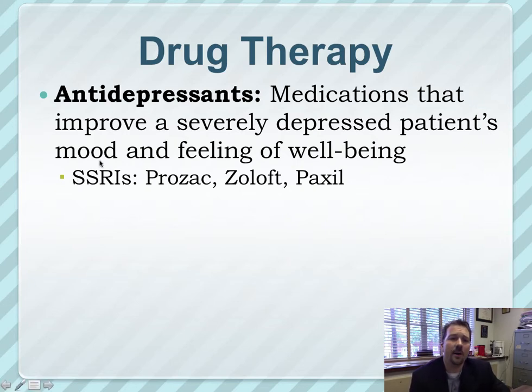Basically, they tend to be SSRIs, selective serotonin reuptake inhibitors. In other words, they are trying to prevent the postsynaptic membrane of neurons from reabsorbing the serotonin that was just released from the synaptic buttons. We covered this a little bit a while back in the course, but basically the idea with SSRIs is to increase the overall amount of serotonin in the brain. Some examples are Prozac, Zoloft, and Paxil.